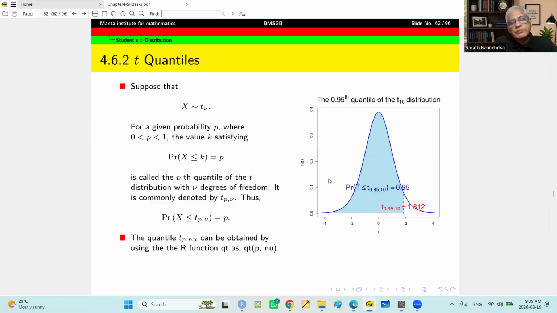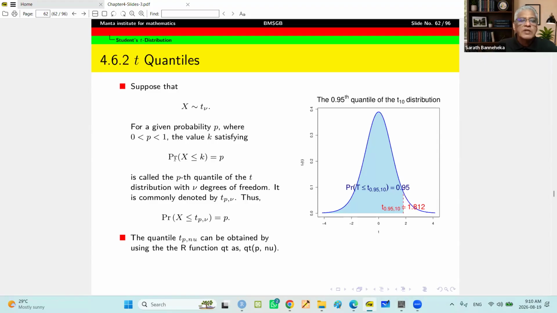So the first one: suppose that X has a T nu distribution, and then for a given probability P, where P is between 0 and 1,